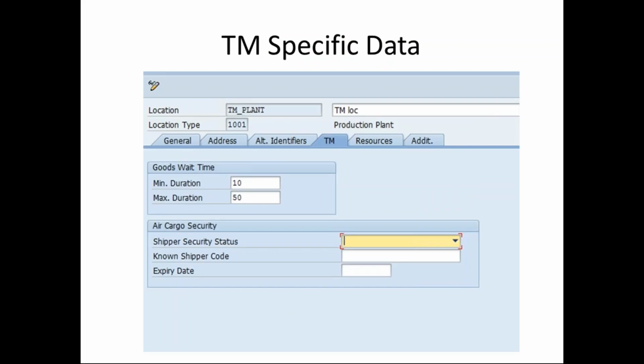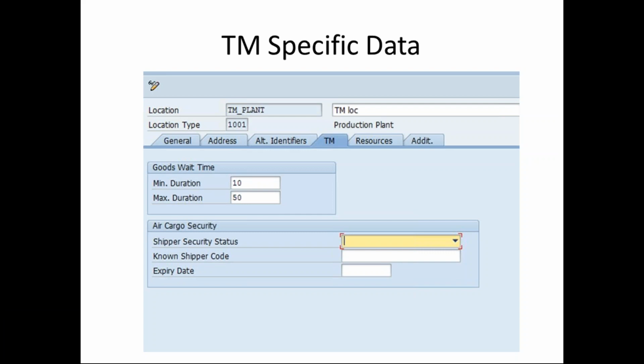And we have TM specific data, such as the goods waiting time near the location, for example at the unloading point or loading point. So how much time the goods have to wait near each plant or each unloading point, that also we will maintain. And for air cargo security, these are useful if your transportation mode is air cargo.